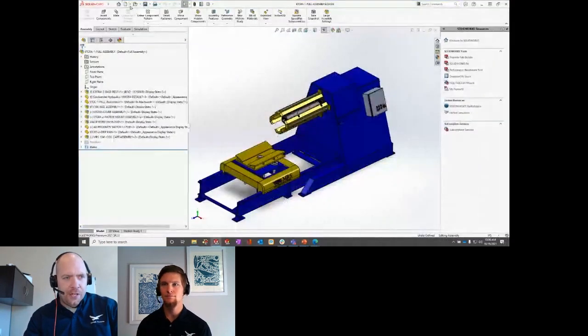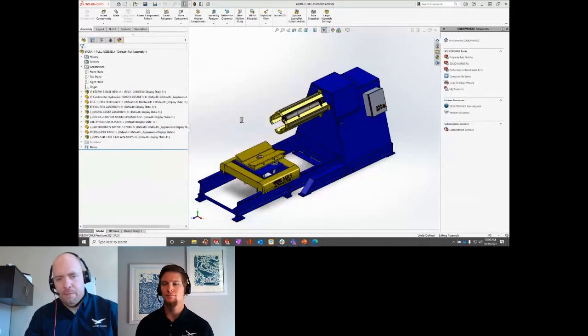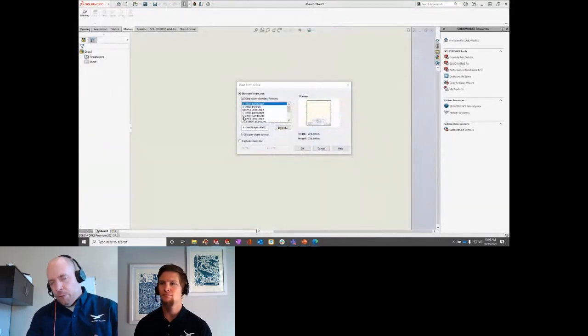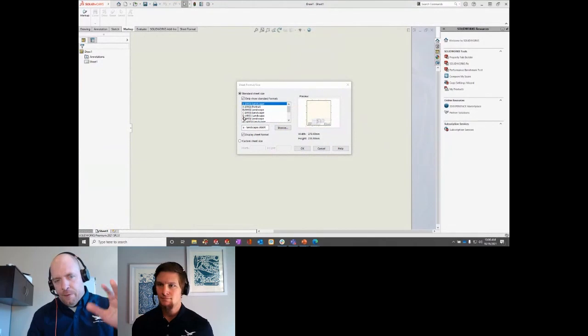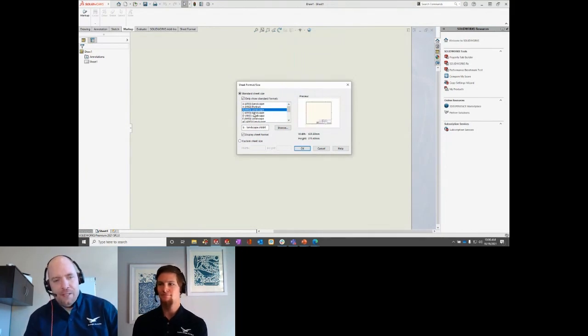But if I was going to create a new drawing here, let's just go ahead and make a new drawing. By default, when you open up SolidWorks, the first thing it prompts you for is a sheet format, because the drawing template that's created doesn't have a sheet format as part of it. What that allows you to do is pick and choose which size you want, right? So if you want to skip over the kind of ugly A size and go into some B and C size stuff,